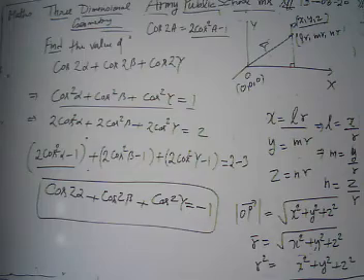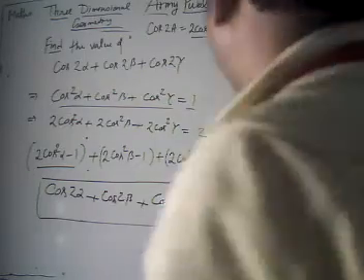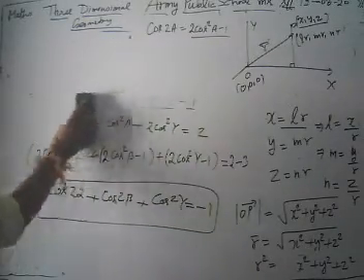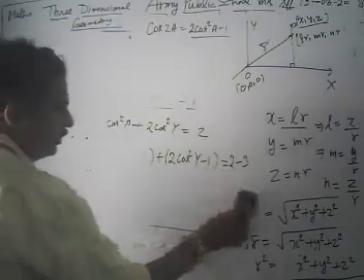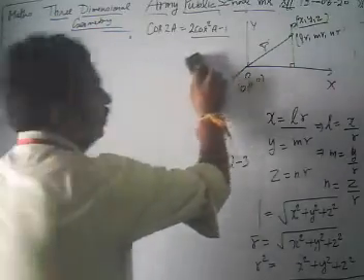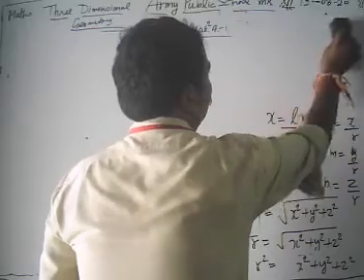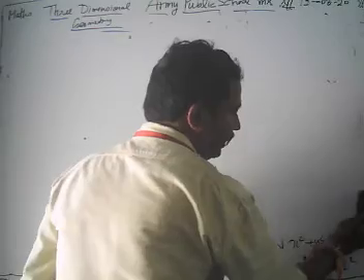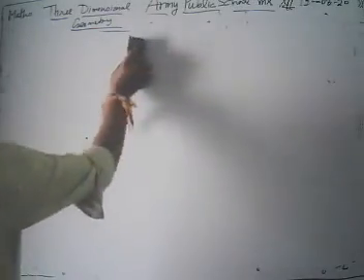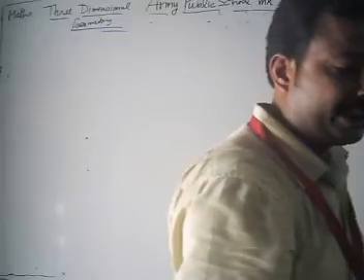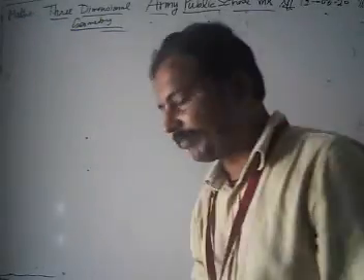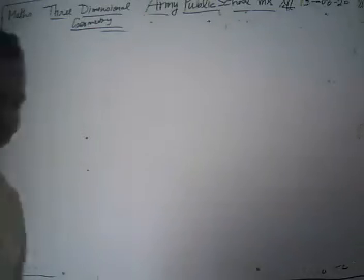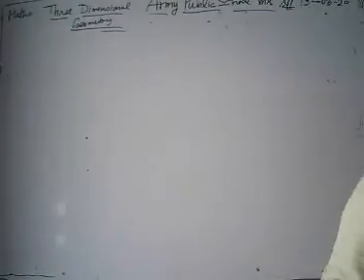Look, till now we have discussed direction cosines and related relationships, the trigonometric identities. We have proved that the value of cos square alpha plus cos square beta plus cos square gamma is 1. We have shown that cos 2 alpha plus cos 2 beta plus cos 2 gamma is equal to minus 1. And also we have proved that sin square alpha plus sin square beta plus sin square gamma is equal to 2.